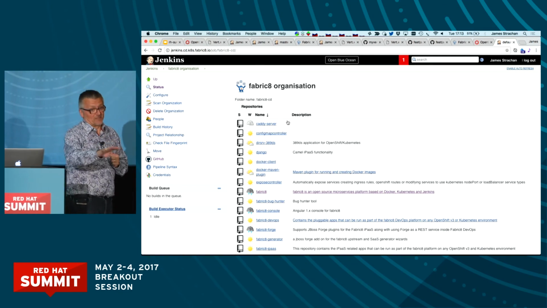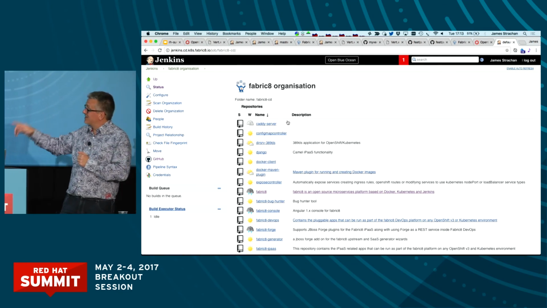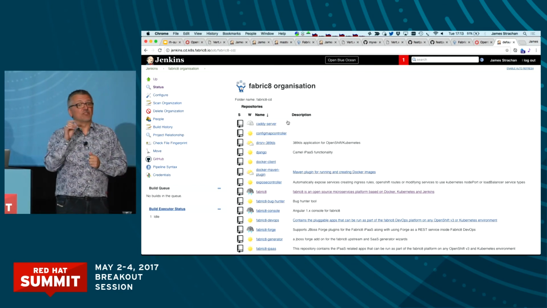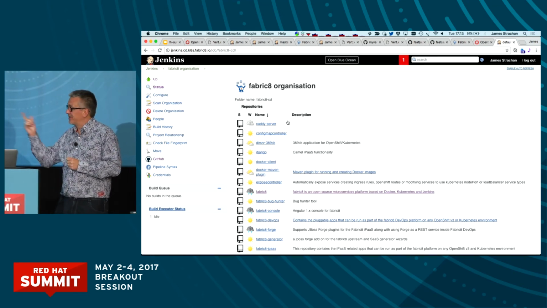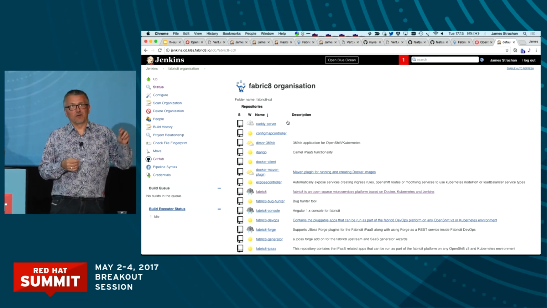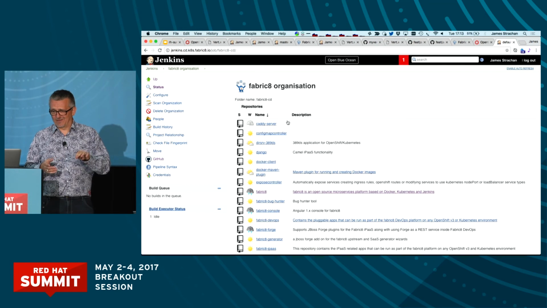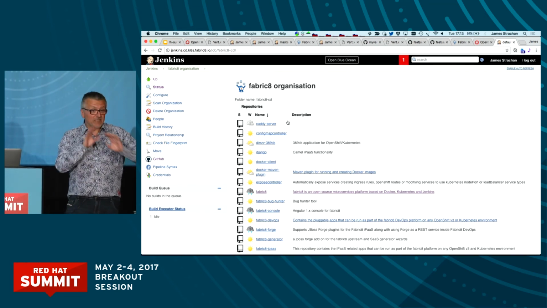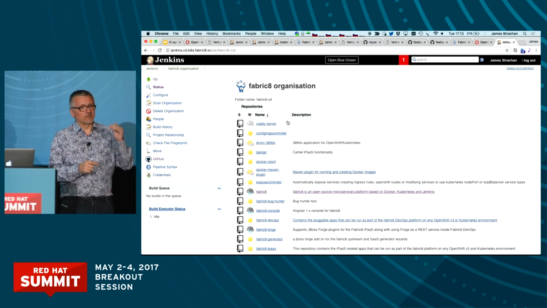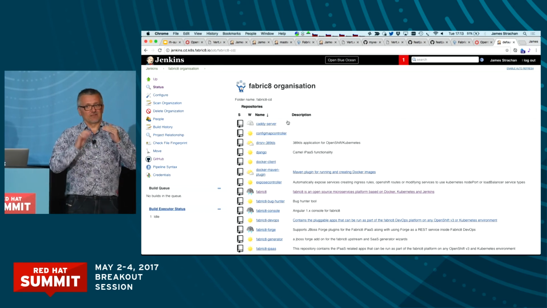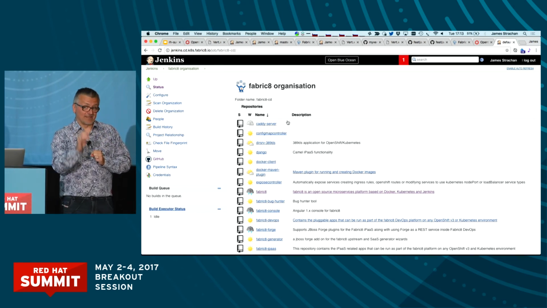We have lots of organizations, by the way. This is not it, but these are all the Git repositories that have a Jenkins file in them. There's a plugin in Jenkins called the Jenkins GitHub Organization Folder plugin. Is that the right name? I think. Which is really awesome, which lets you define a single Jenkins job that looks at a GitHub organization